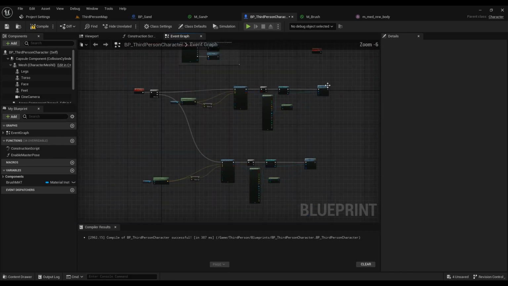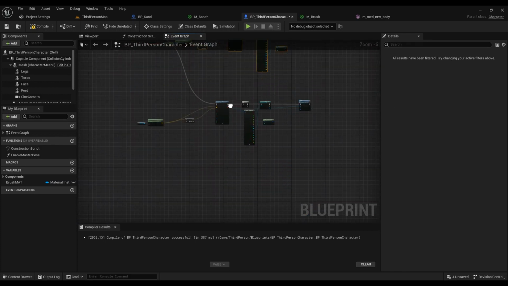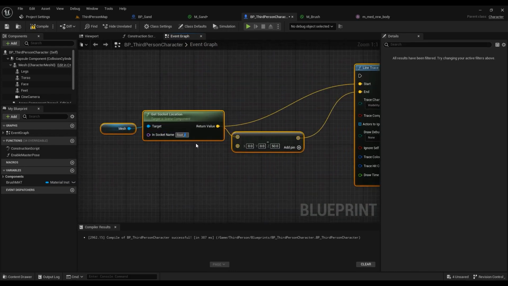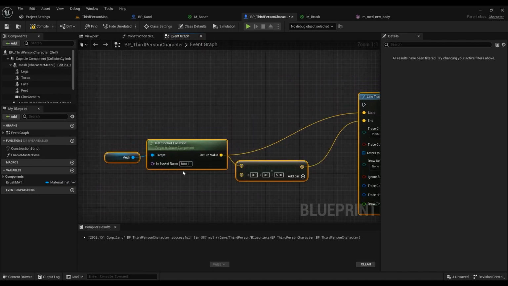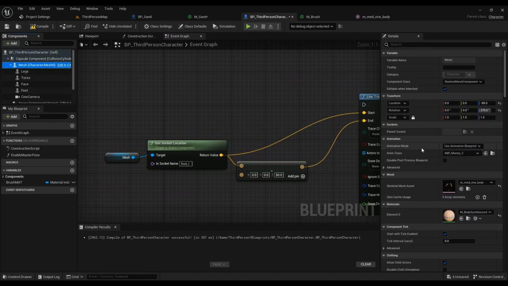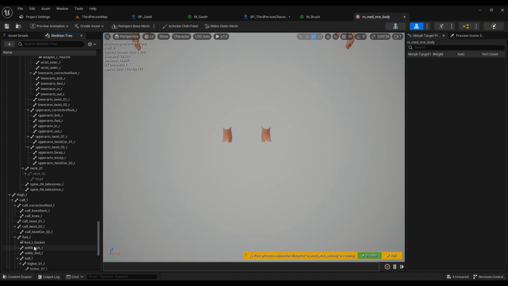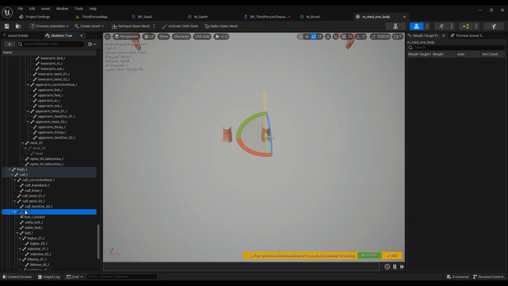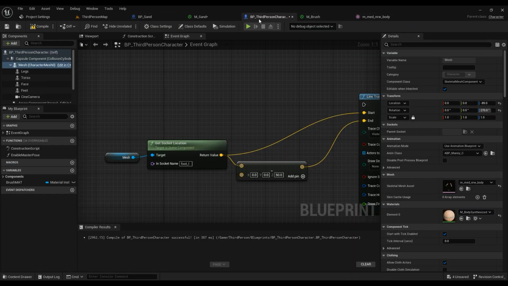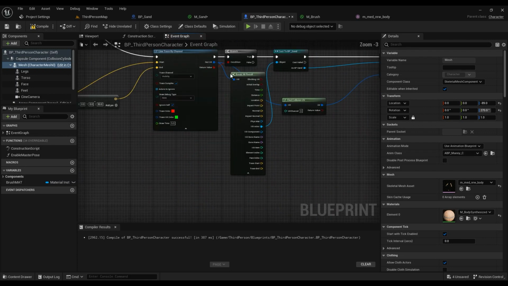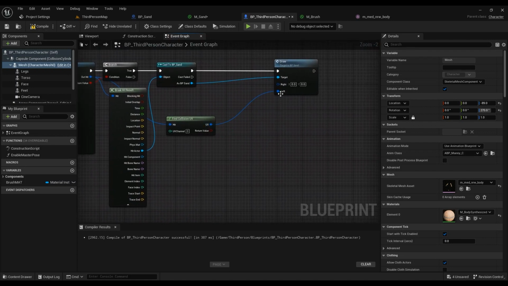So you can just go ahead and copy everything and paste it. You just need to change this foot L. I mean, in my case, maybe in your case it's different. Make sure you go ahead in your mesh and check if it's called foot L thigh. Yeah, this one right here. Make sure this one is named correctly and this one is being called correctly in the socket location. And this is going to be going into the then one, and this one,